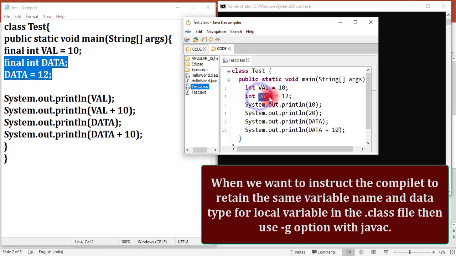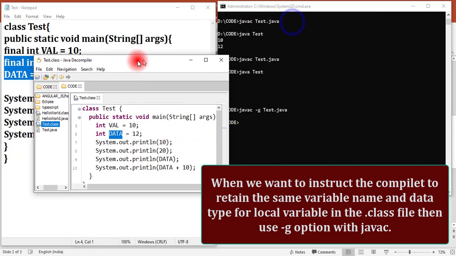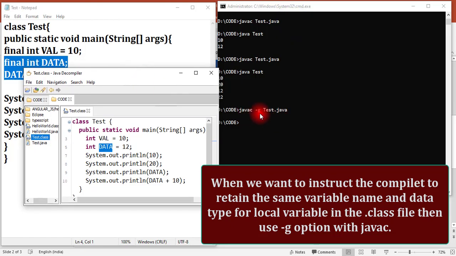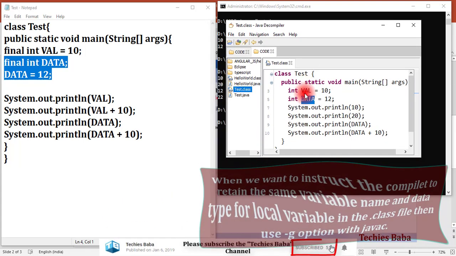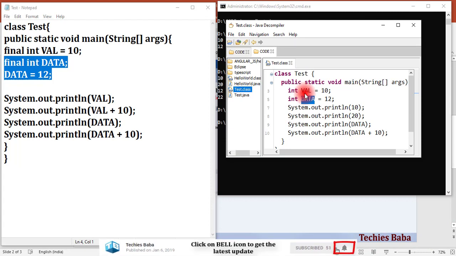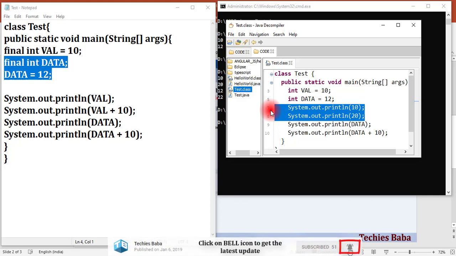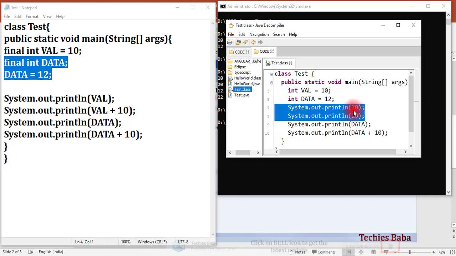But in production, you are not going to use -g to compile your source code, because it is basically for debugging purposes. You can verify what variables you have declared, what types you have declared, all those things. But in this case also, when you print val or val plus 10, it is replaced with the actual values 10 and 20. But for data, it is not replaced.